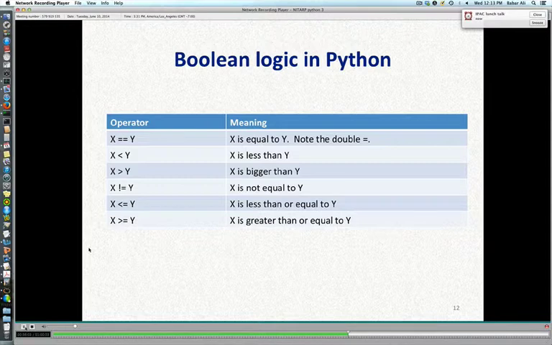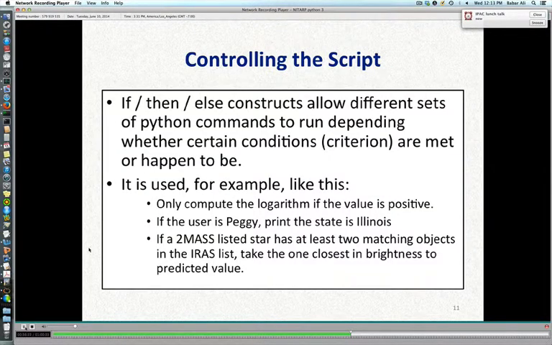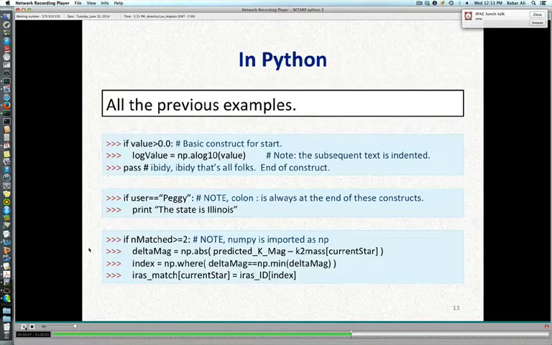Most Booleans are constructed that way, but like I said, you can combine them. So you can say things like, if x is less than a particular value and it's greater than certain other values. So we'll come to that a little bit later. Okay. So the crazy examples that I came up with in this slide, let's see what they look like in